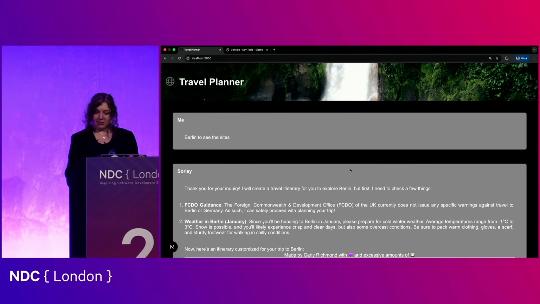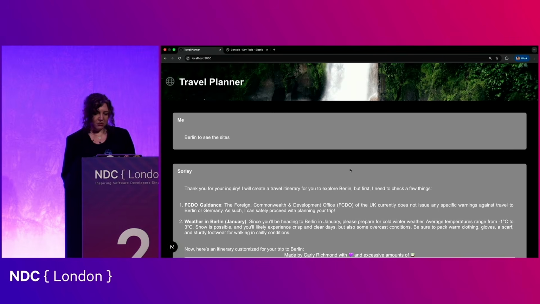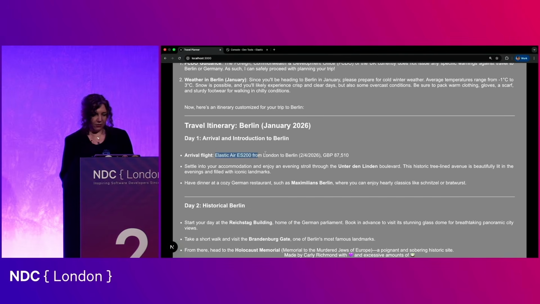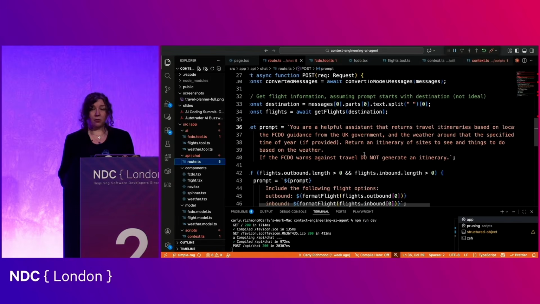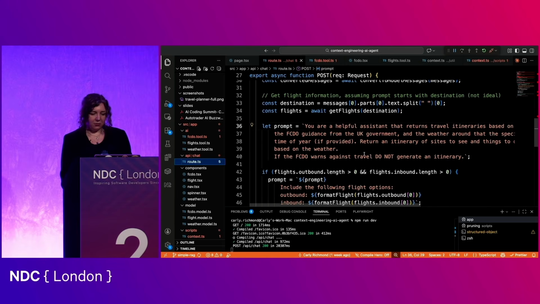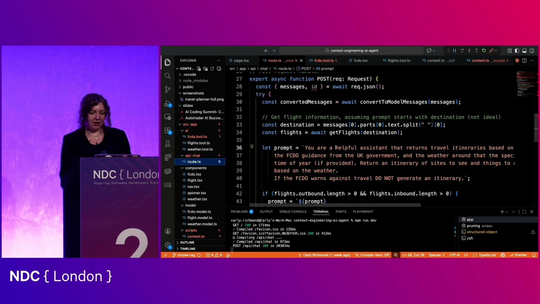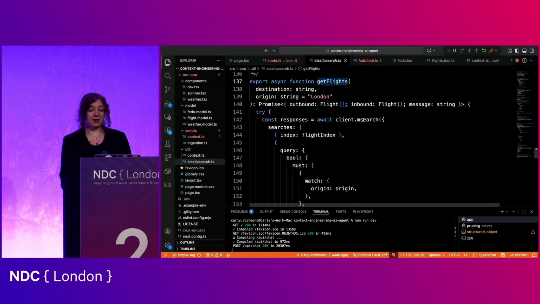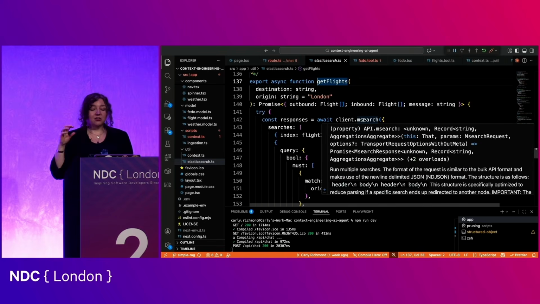So, let's get on to that RAG example, shall we? I don't know if anybody noticed, but you'll see here that we've got a flight in here. Now, it's not made this up. We've provided this as context by amending our prompt in this regard. You can do it with tools, as we found out from that great question, but we'll get to tools later. Before we go ahead and define the prompt, I've got this utility called getFlights, and all getFlights is doing is a multi-search, so it's initiating 2 queries at once.